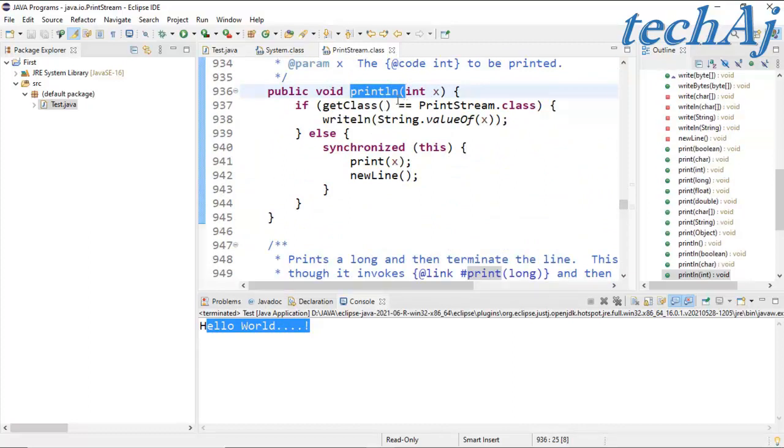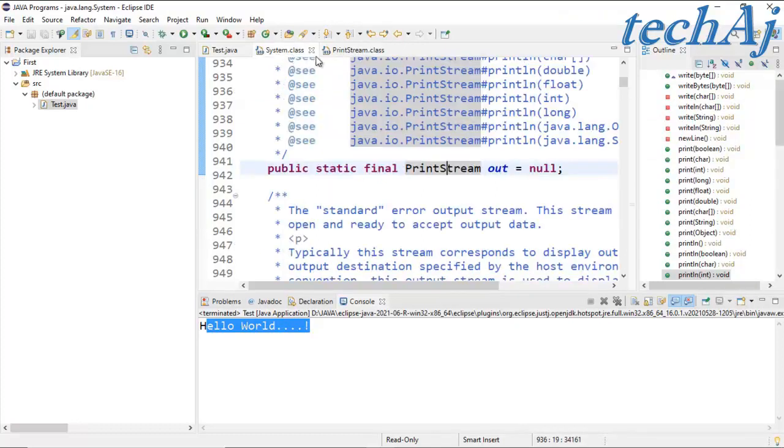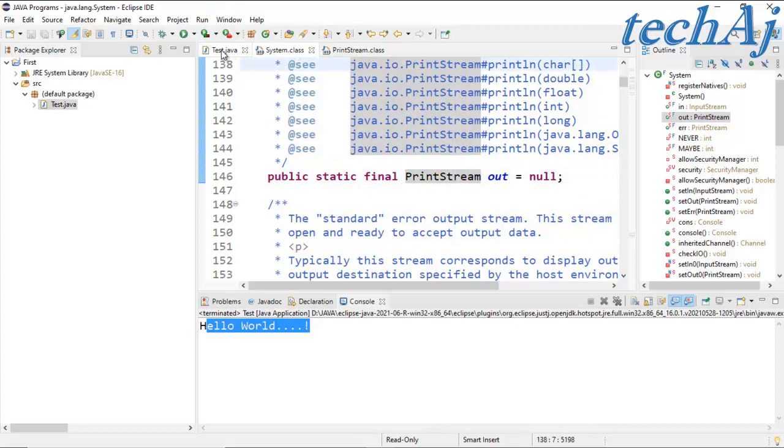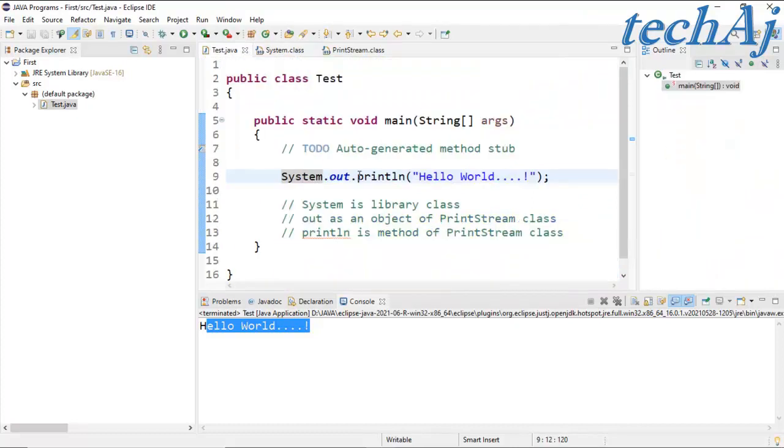So in this way, we are using this println method to display the message. This is a method of the PrintStream class whose object is present in the System class. So by using the object of the PrintStream class present in System, we are executing this function, or we can say method.